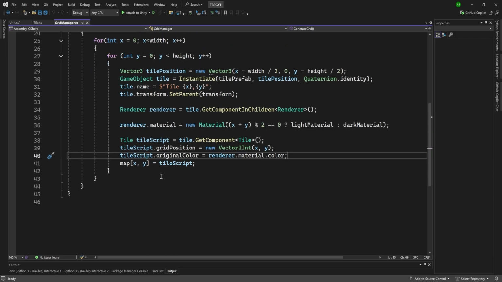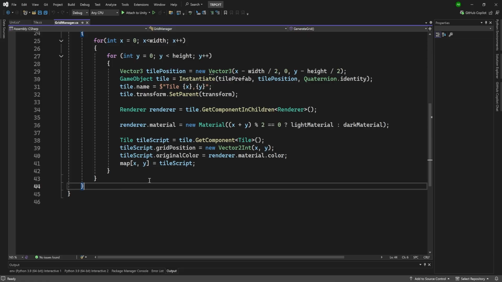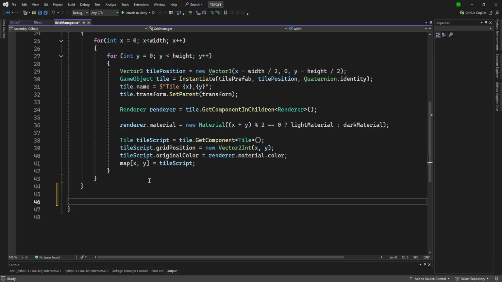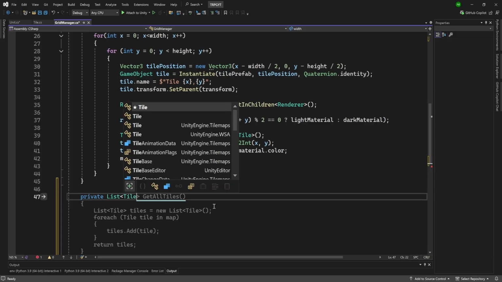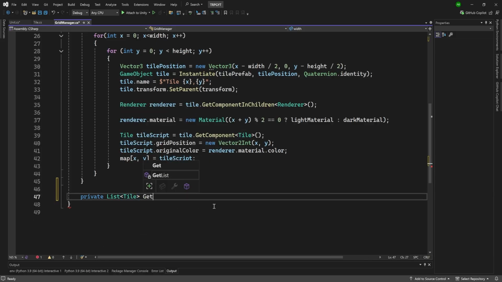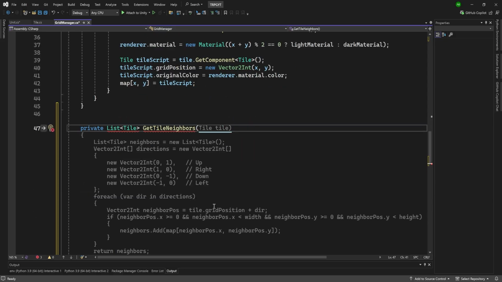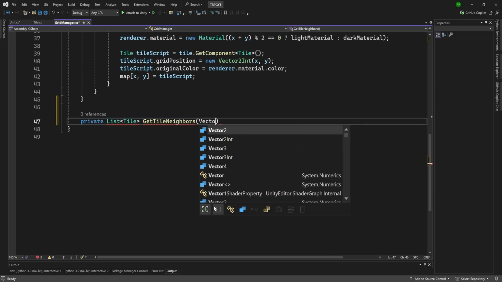And we need to create a few helper functions before we get into the meat of this video. The first one is get tile neighbors. So we need to be able to look at a tile and say, hey, give us your neighbors. What tiles are around you? So we're going to create a private list of type tile, and this is going to be get tile neighbors, and we're going to pass in a vector2 int